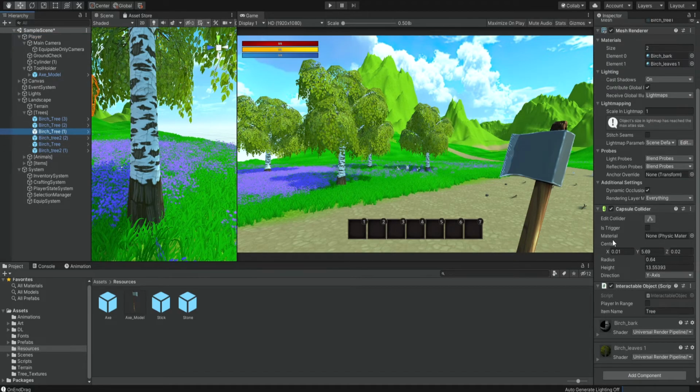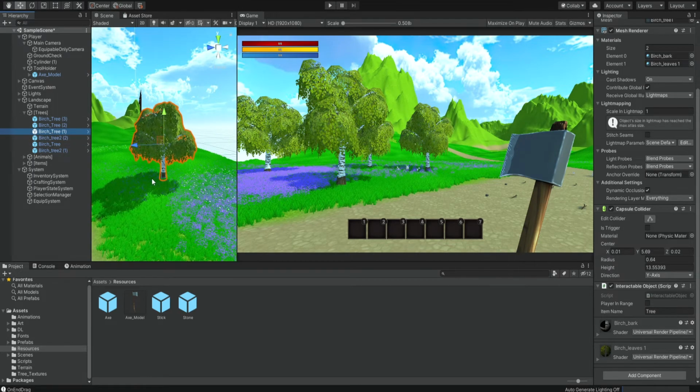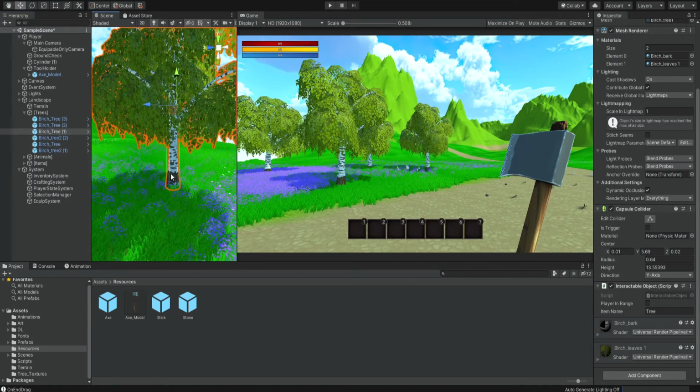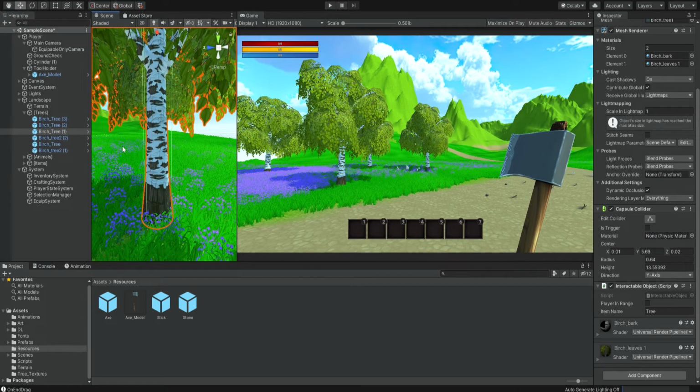And then over here inside the capsule collider, we're simply going to increase the radius because right now, this collider is not wide enough so we can actually come and look inside of this model.